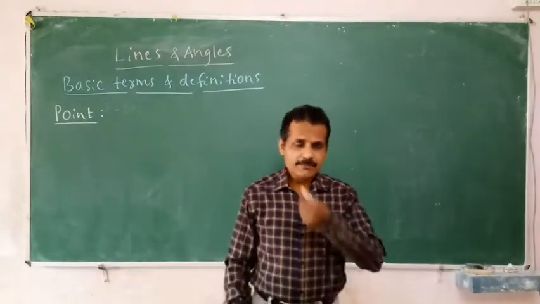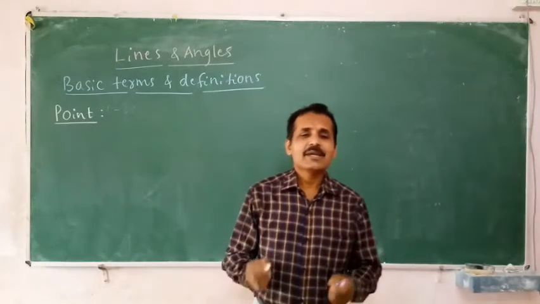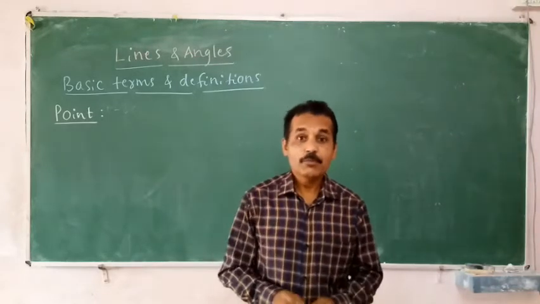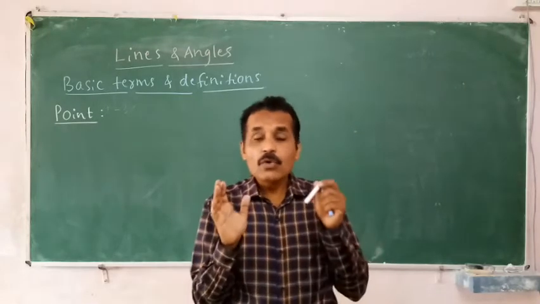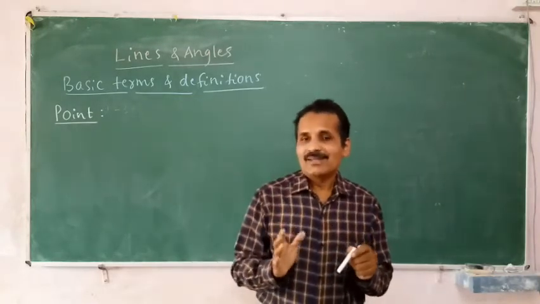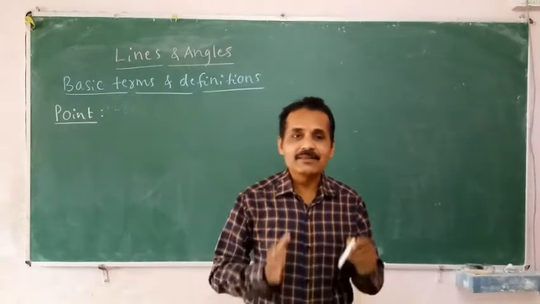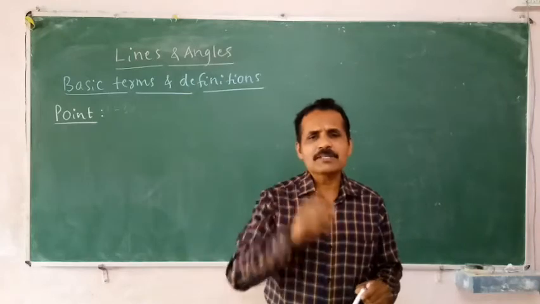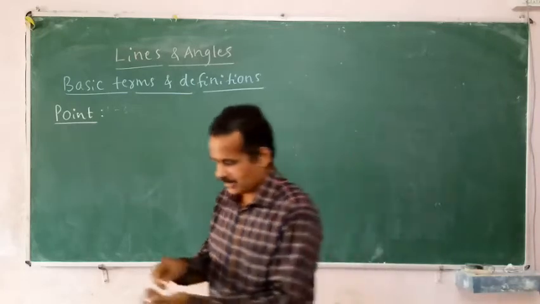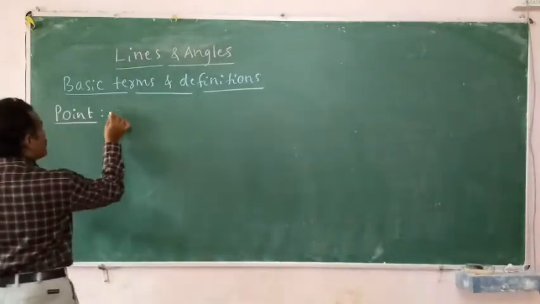This you have learned in the junior class also. We can say point is a dot. It is having only the position. It is not having any length, breadth or any thickness. It is represented by one alphabet. Let me write. Point